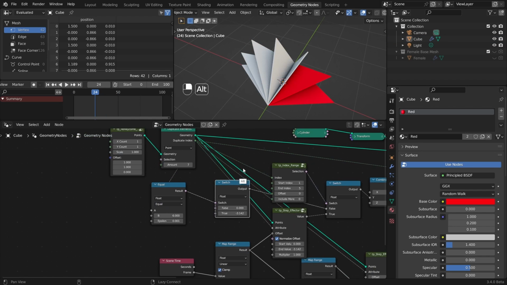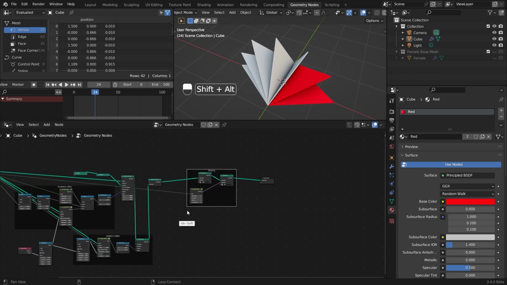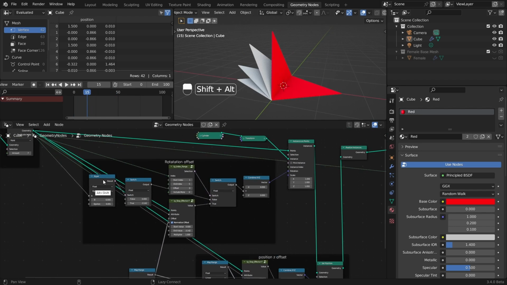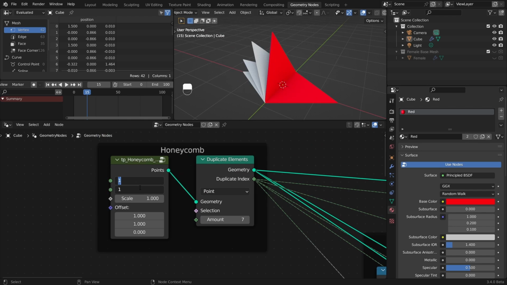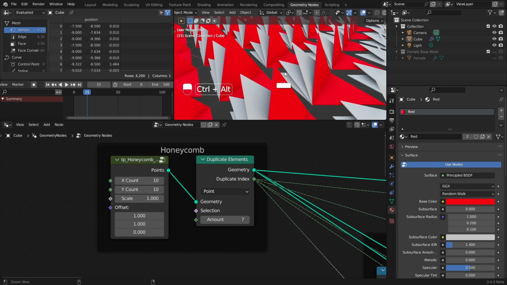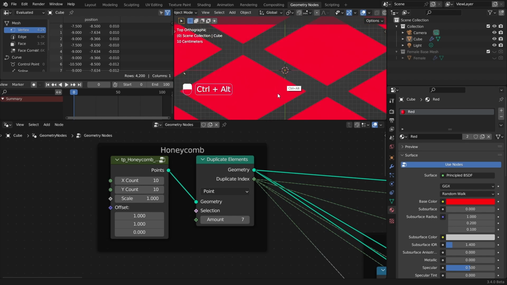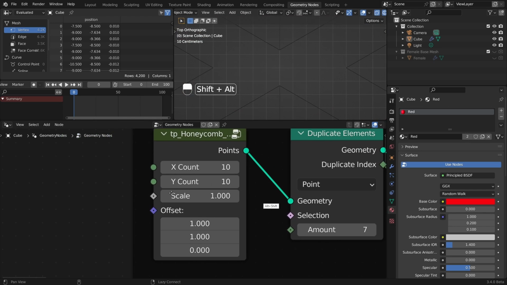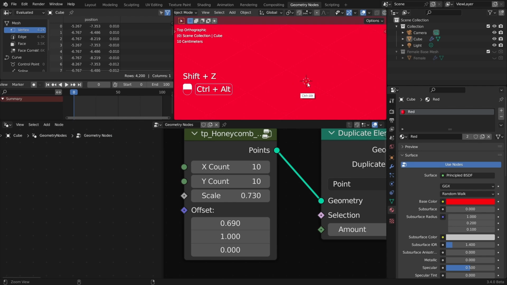All right, so now let's just organize it a little bit. So now we have this, and now what we'll do is we'll increase the number of instances and arrange them in a honeycomb pattern. So basically, let's say I'm going to change this to 10. So we have 10 triangles, and now we will decrease the gap between these triangles. So I will go to the top and change the shading to wireframe, and let's decrease the scale first, and then offset. All right, if I zoom out,